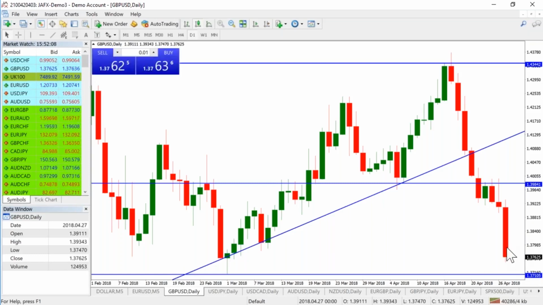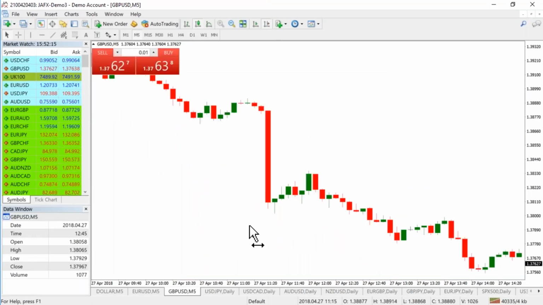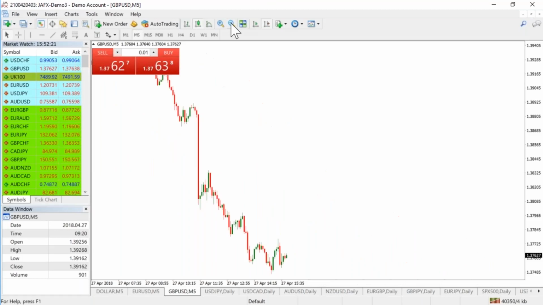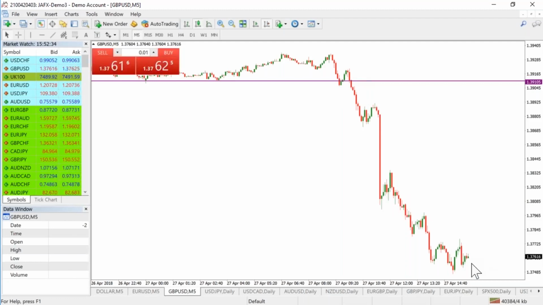We have to bear in mind that we've had a pretty significant 150, 160 pip move already in this market. So when you take the average range of the previous days, you're probably talking about something like 70, 80 pips potentially in the average range. We've kind of doubled that in today's price action, as you can see just visually. Obviously, there's indicators I can use to find out the exact amount, but you can see it visually.